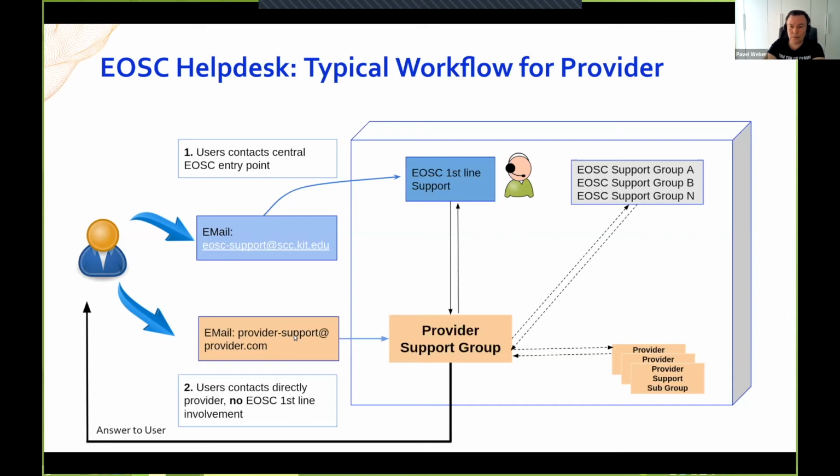So for the user, in this way, the tickets go not via the central first line support, but directly to you. So there is no EOSC level first line involvement in this case. So you act basically more standalone, using just the technical facilities of the EOSC help desk. And after the ticket has arrived in your support group, via the central unit or directly from the user, you still have the possibility to interact with the first line support if you have questions, or with any other support units in the